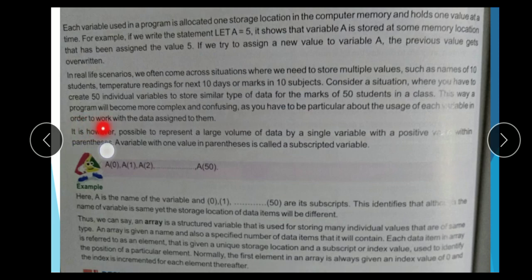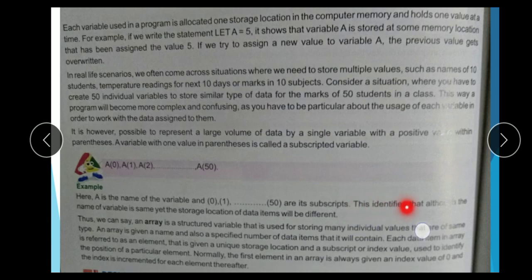It is possible to represent a large amount of data by a single variable with a position in parenthesis. A variable with one value in parenthesis is called a subscripted variable. Means one variable with parenthesis like a0, a1, a2, like this, a50. It's called the subscripted variable. Here a is the name of the variable and 0, 1, 50 are its subscripts.